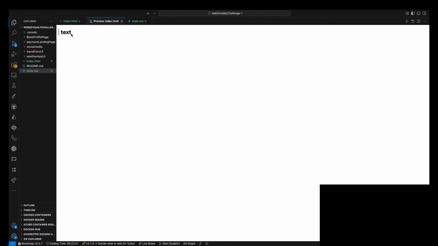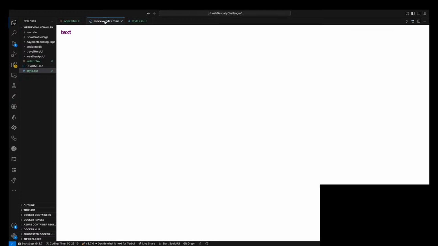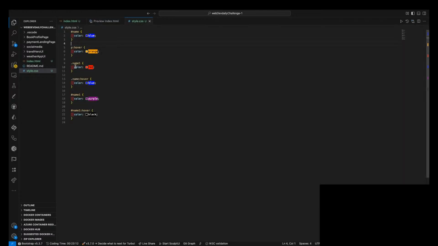So the ID in this case wins because it's the highest level of specificity for the CSS property, and for the browser to rule which one is most relevant for that element. So currently it's showing the ID,